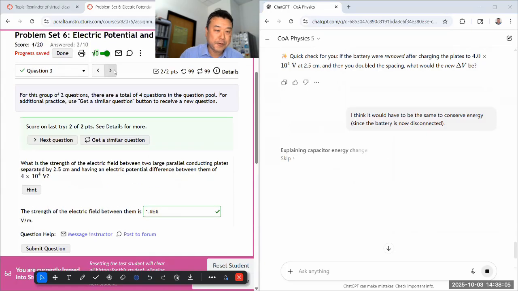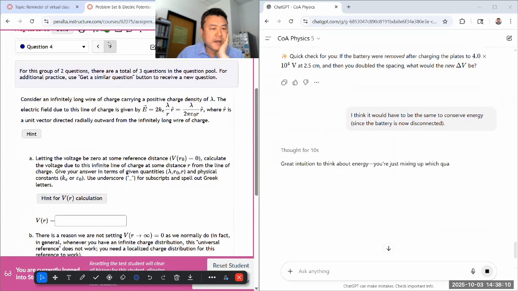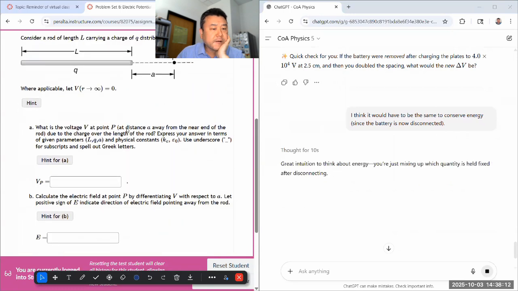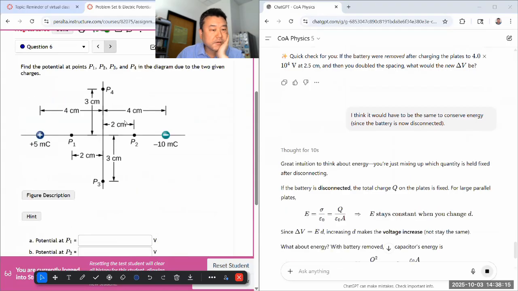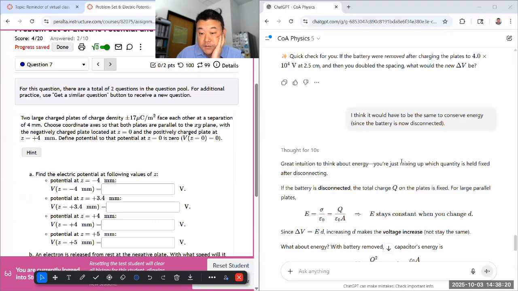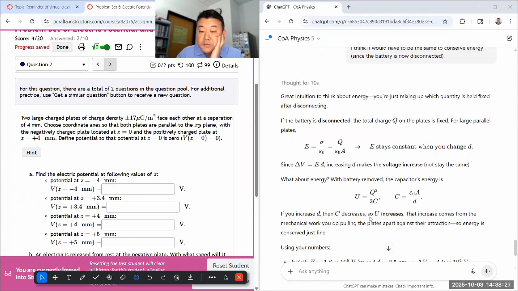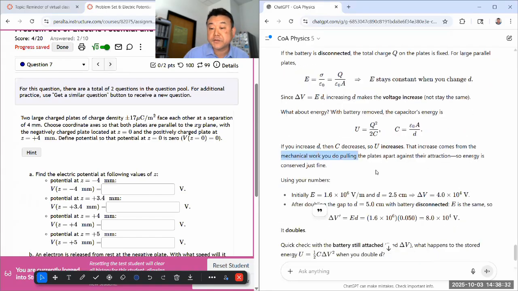As it's answering, let me go look for another question to ask. Maybe a more substantive one. This might be the last question I ask. The integral, I don't know if that's all that interesting. Think about energy. Yeah, I get that, but does it get at the energy increasing? Yeah, the mechanical work you do. Yeah, that's the standard explanation. Energy is conserved just fine. Energy of the universe: you did the work to put more energy into the capacitor.